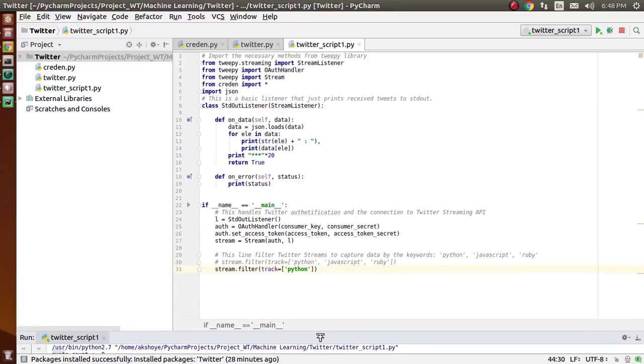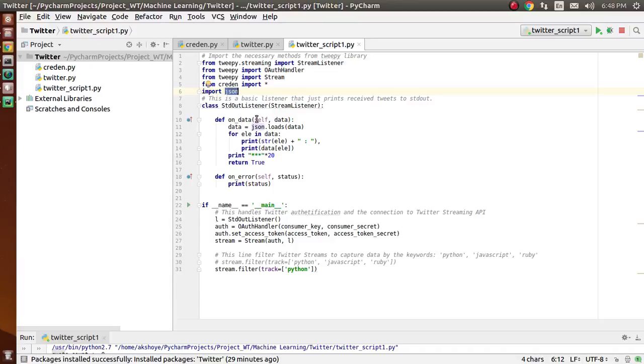To run this code, you first need some packages installed in your system. Here we have Tweepy, and then you need credentials, and JSON.